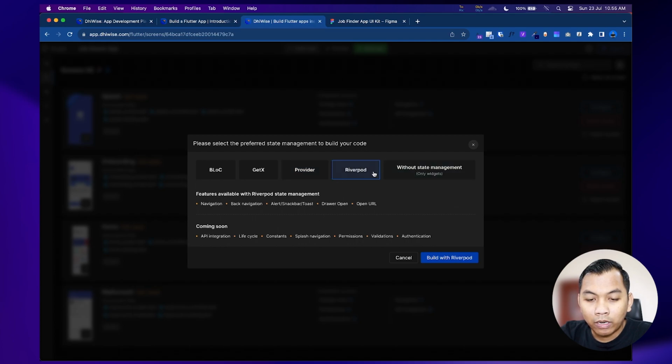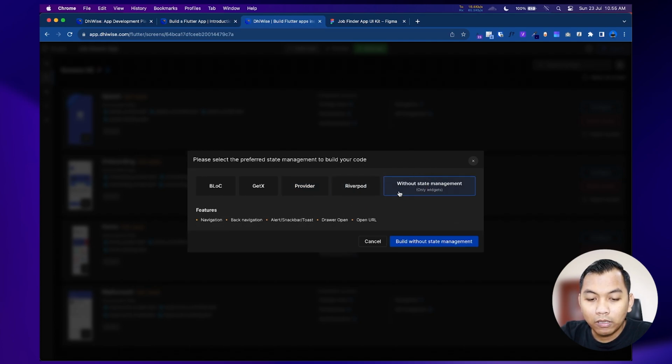And also for Riverpod. We can also select without state management.